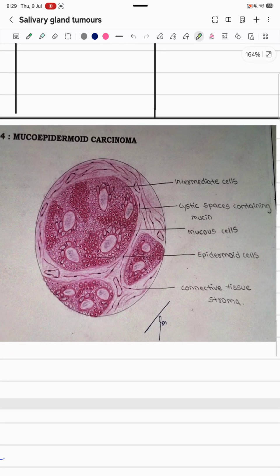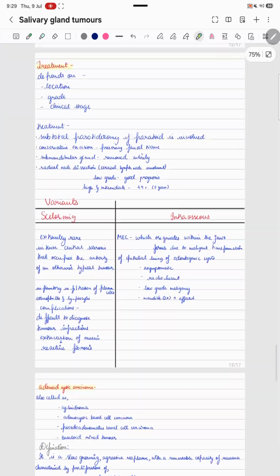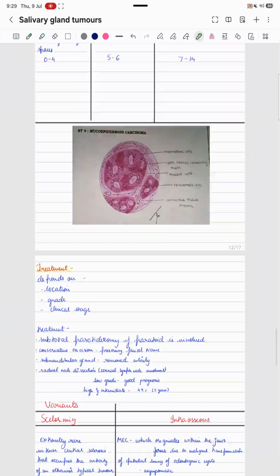So this is the diagram. Please comment down below as to which stage you see this. If you guessed it right, it is your intermediate stage. Cells are seen, so it is your intermediate stage. Okay, so cystic spaces, mucus cells, epidermoid cells, clear cells, cystic spaces and connective tissue stroma is seen. Okay, now that's about your